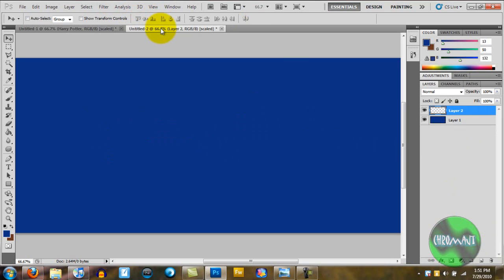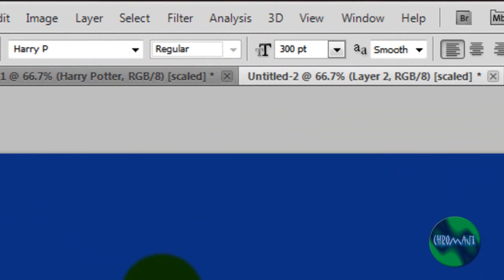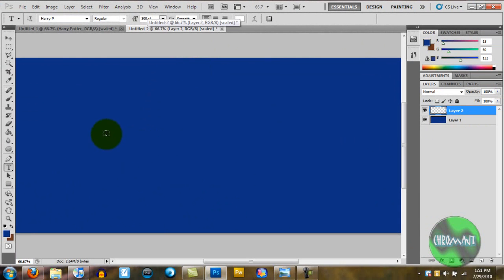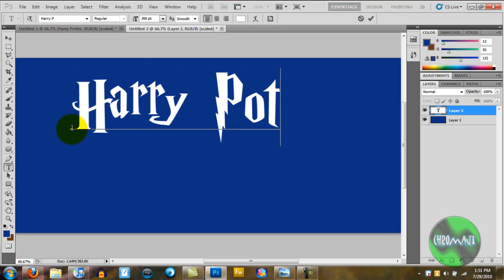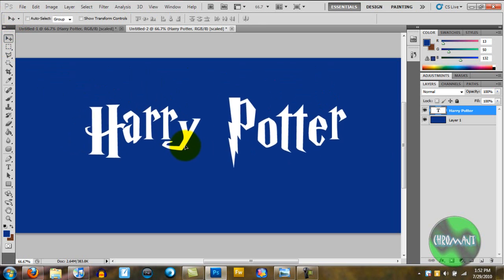I've started off with just a blank slate, and I colored it blue mainly so I can see what I'm doing. I'm going to take my text tool, and with my Harry Potter font at regular 300 point, you're going to want at least a minimum of 300 point for it to look as good as what I'm about to do. If you go smaller, you might want to tweak the settings just a little bit. And for the sake of the video, I'm just going to type Harry Potter. You can type in whatever you want, though. I'm going to move it